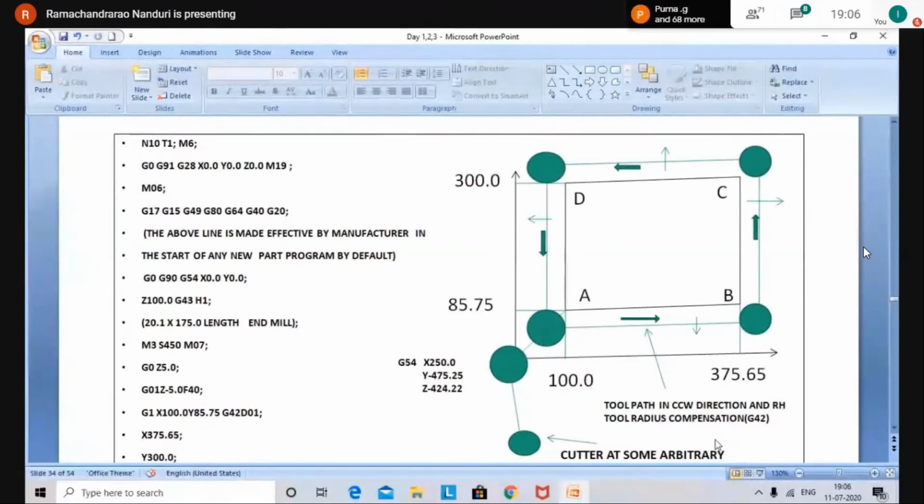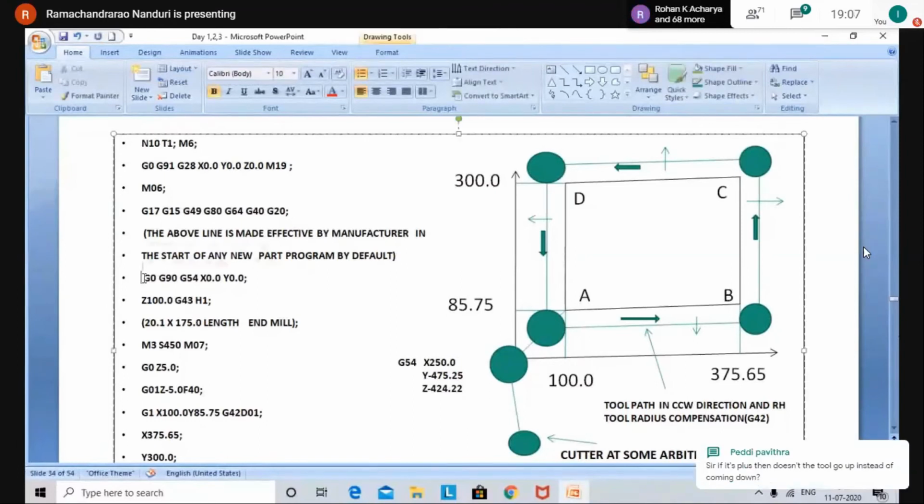Someone is asking, this is an absolute system, so why do we use G91? See, during the initial stages of executing our program, I have given G90 somewhere here, in the 7th line. So here we are making use of absolute coordinates.